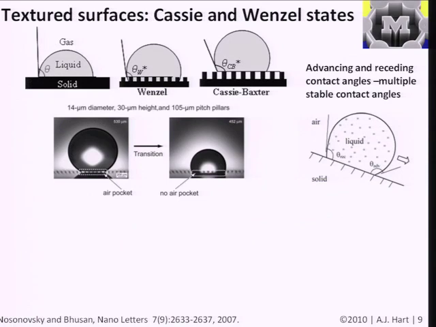And so when people look at the geometric dependence of how wetting depends on geometry, they typically define two different states when you have a textured surface. So first, the simplest case is if you have a flat surface between a solid and a liquid and then a surrounding medium, which we'll for now say is a gas, and you define the contact angle like so. However, if you have a textured surface, and this can be something that's regularly textured, like something etched with micropillars, or it can be something that's less regularly textured, like the natural surfaces we just saw, you have to consider the properties of this composite interface,